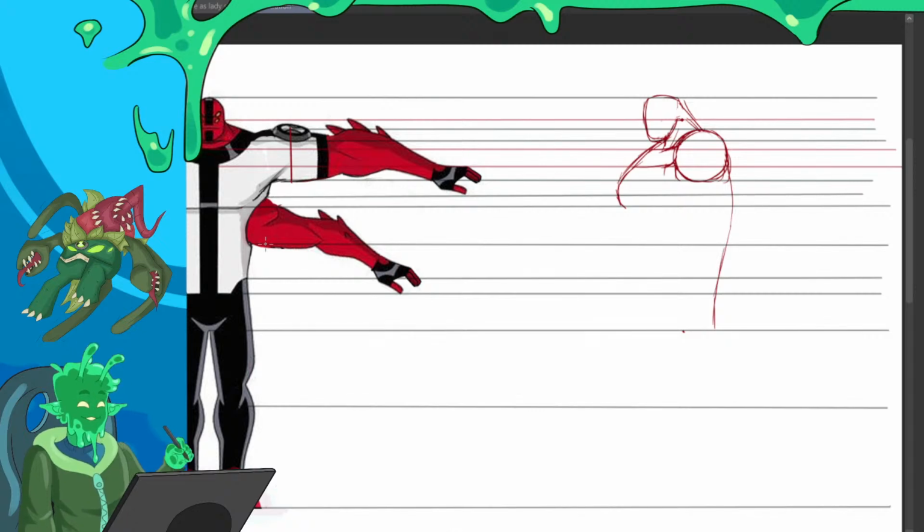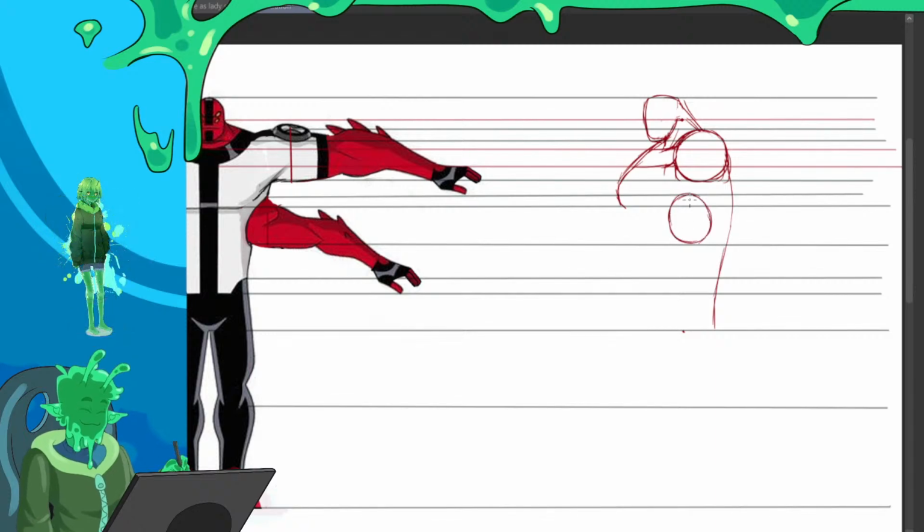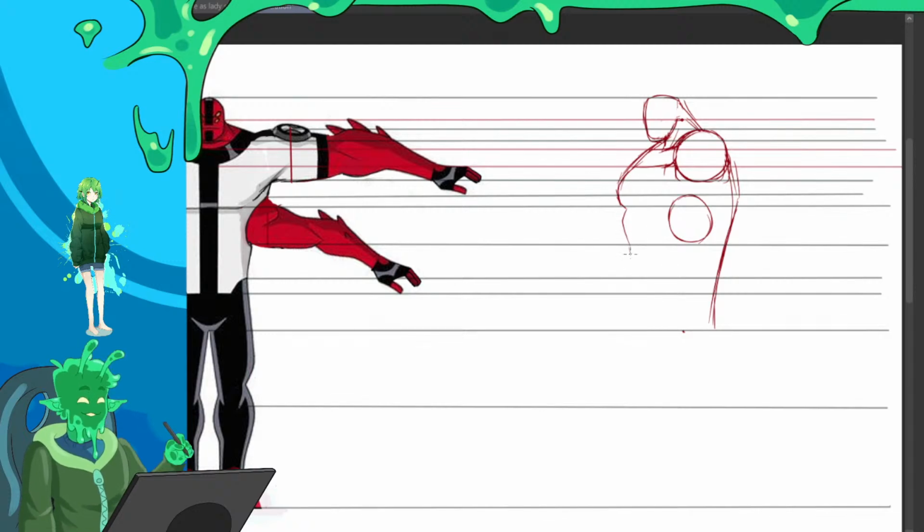And then from here to here, there's a line. There's a circle. And then there's another boop right there, because he kind of has one in the toy.